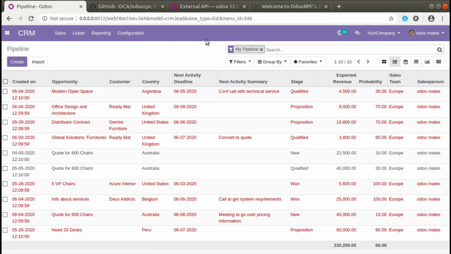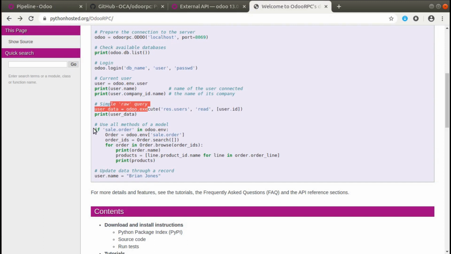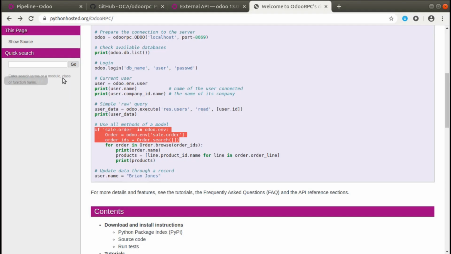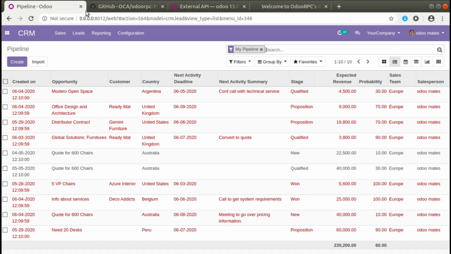So what we are going to do is that we need to get all the leads from the database. So what we can do, we have to code in the Odoo RPC. So I'll be copying this method, just 2 lines of the code, and the rest of the code we can write without looking into this documentation. So I'll be going here and I'll be clicking on Control V. So here they are checking whether there is a model sale.order inside the Odoo environment. So in our case, it's not sale.order. We are going to take from the crm.lead. So here you can see the model name is crm.lead.